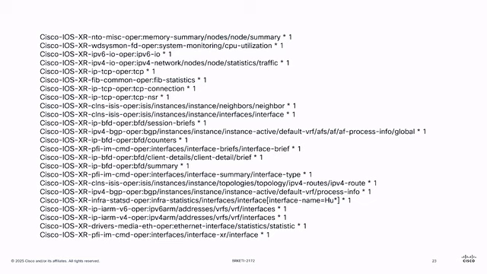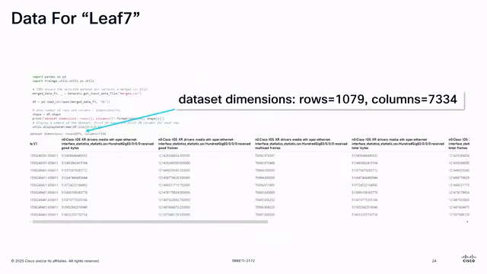If you do this, 24 sensor paths, there are quite a few leaves in these YANG models that you have out there. So if you do this and you retrieve that information every 10 seconds, this is the data set that you arrive at. Ultimately, given that there is the timestamp here, it's 7,333 individual columns. So it's pretty high dimensional. We're dealing with more than 7,000 individual time series. And as a human, it would be very difficult to read these time series and see what's going on. So it's a way harder problem than looking at a log file.